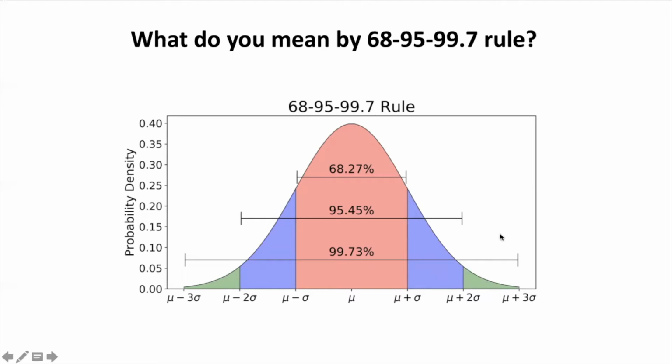Something special about the bell curve is the 68, 95, 99.7 rule. First of all, we should know that the whole area of the bell curve represents 100% of the data. The rule says that 68.27%, which is this area, lies within the first standard deviation of the mean, and 95% of the data lies within the second standard deviation of the mean, which is this area, the purple one and the pink one. And the 99.7% lies within the third standard deviation of the mean. So the area will be the green one, blue one and purple one, the sum of all three areas.